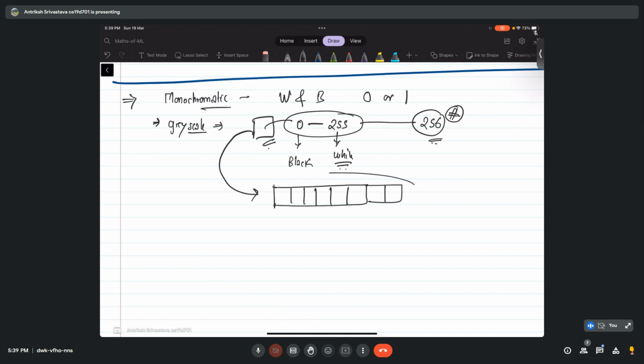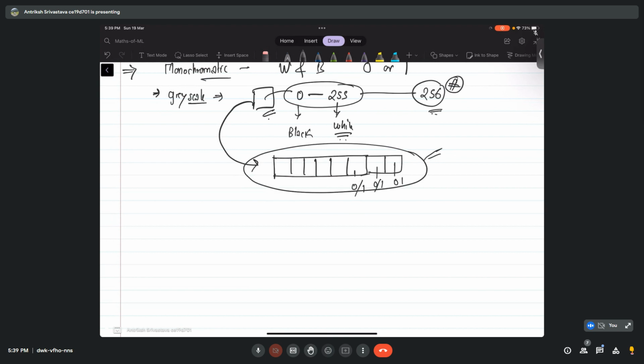All these 8 things can have an input of 0 or 1. And when you look at the number of different combinations that we can make from this, you will see that it is 2 power 8, which is equal to 256. So 256 different values can be generated from this 8-bit combination, and that is used to give to this particular pixel, and that's how we get a grayscale.